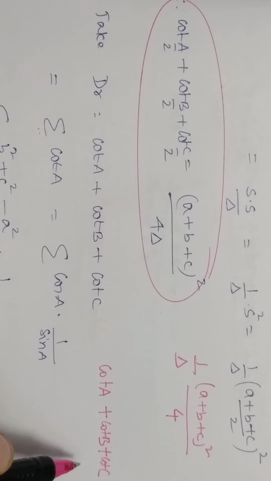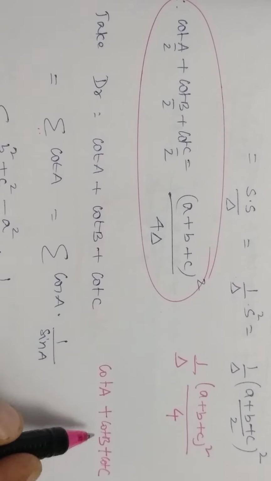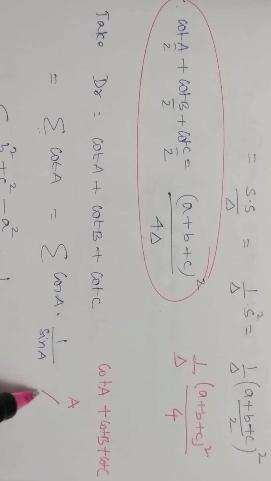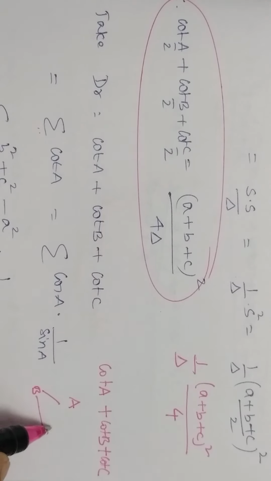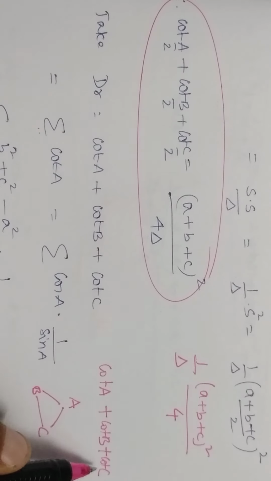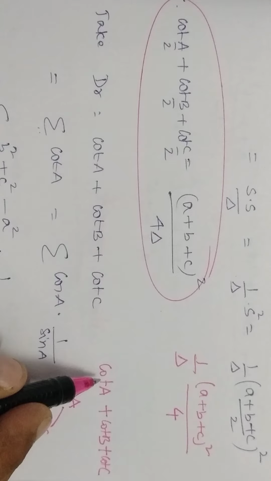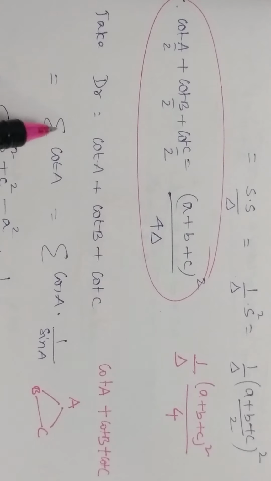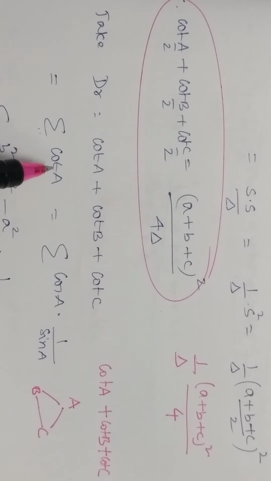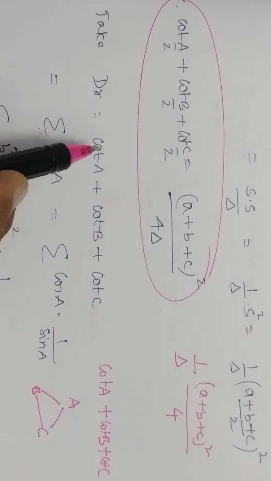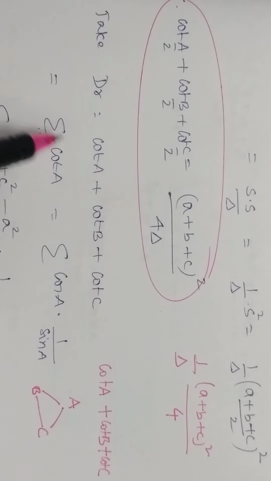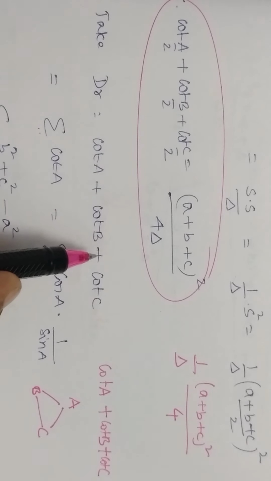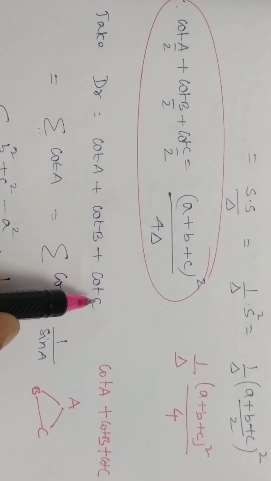There is no cot D because in a triangle we have only three angles A, B, C. In the place of A, you have to write B. In the place of B, you have to write C. In the place of C, you have to write A. If you write A, again you will get the first term. So expressing cot A + cot B + cot C in sigma notation is sigma, writing the first term, that's all. From this sigma cot A, how to expand back? First term cot A. Sigma means you have to put plus. In the place of A, you have to replace B. Again put plus. In the place of B, you have to write C.